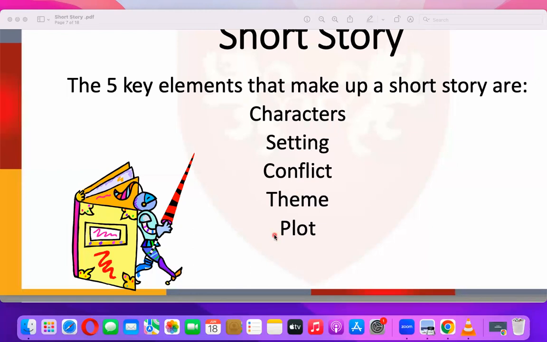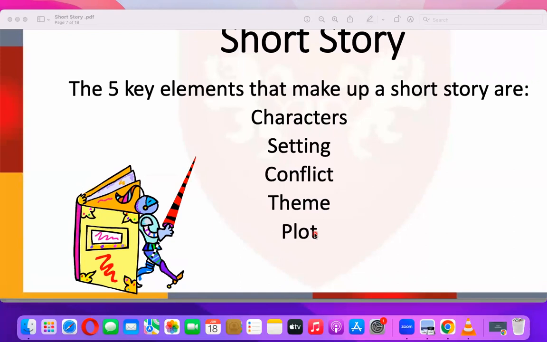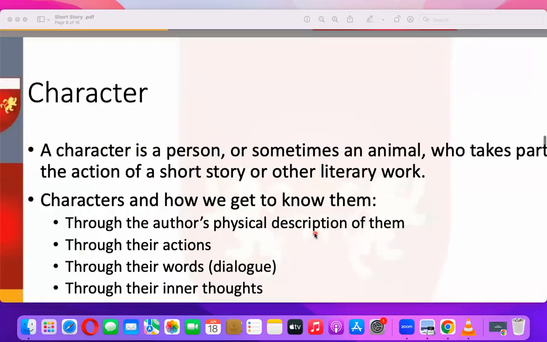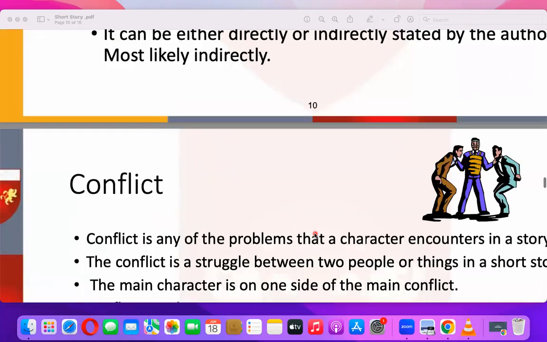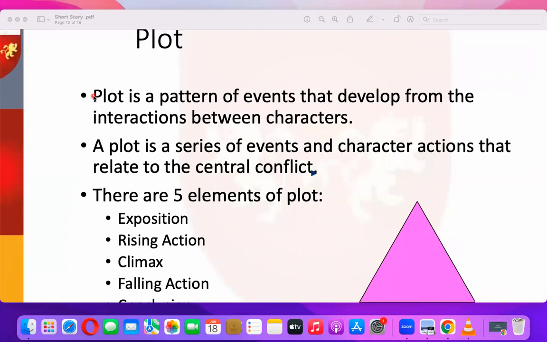Last one is plot. Okay. And what do you mean by plot? What's the meaning of plot? Yes. Yeah, here I'll explain. So plot in Arabic is close to hibka, something very close to it, not exactly, but very close. So plot is a pattern of events that develop